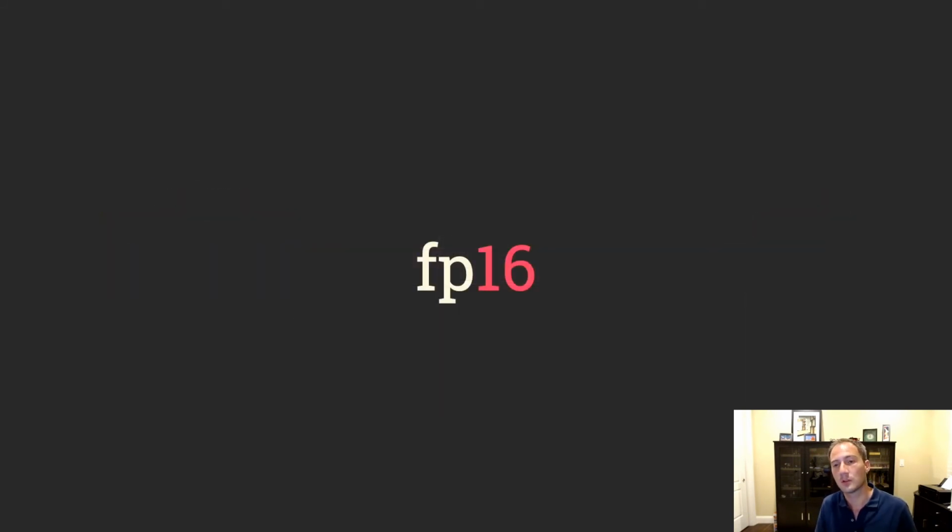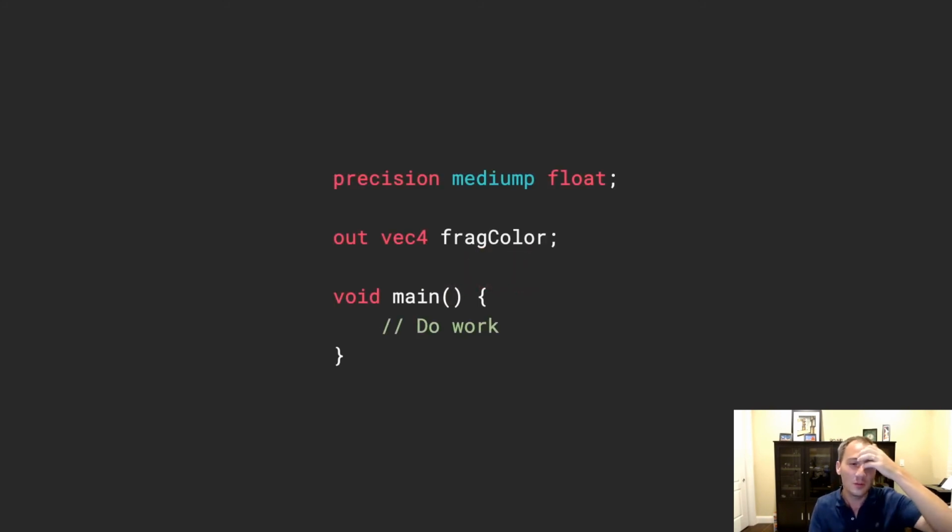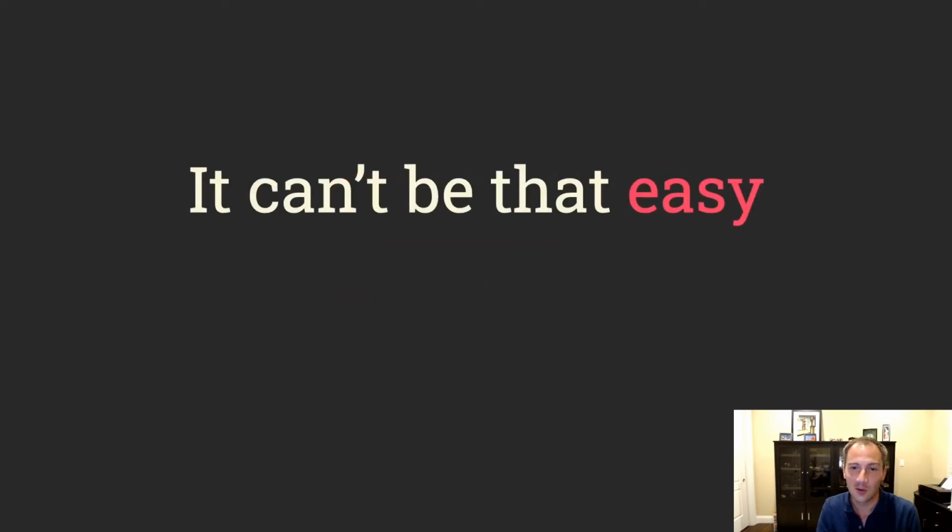All right, the second major optimization that you can implement is to use half floats, or 16-bit float, or FP16 everywhere you can in your fragment shaders. By doing so, you can run twice as many instructions per cycle on mobile GPUs, which means that you will either get better performance, or you will use less power, or you will generate less heat. Any one of those is a good thing on mobile devices. And it's also really easy to do with GLSL. You can just change your default precision to mediump at the top of your shader, and that's pretty much it. You're done. Or are you?